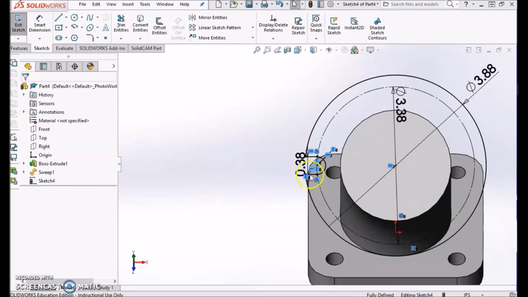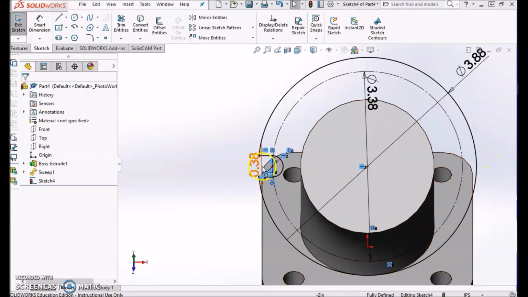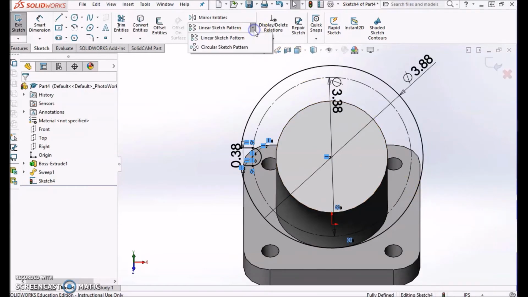So from here, you can decide how you want to have this cutout repeat itself 4 different times. Some people would extrude and then circular pattern, but by doing it with the features tab, you actually have to create an axis through the middle, and that's a little bit more difficult to do than what we already have. Some people would maybe try to mirror this, and they might even try to make a vertical construction line and a horizontal construction line, but what they would find is that's not going to get you up in here and here, up and down. You would actually have to do a vertical line and then an angled line at a 45-degree angle to get it over. So the easiest way of doing this is actually just using the circular pattern right here